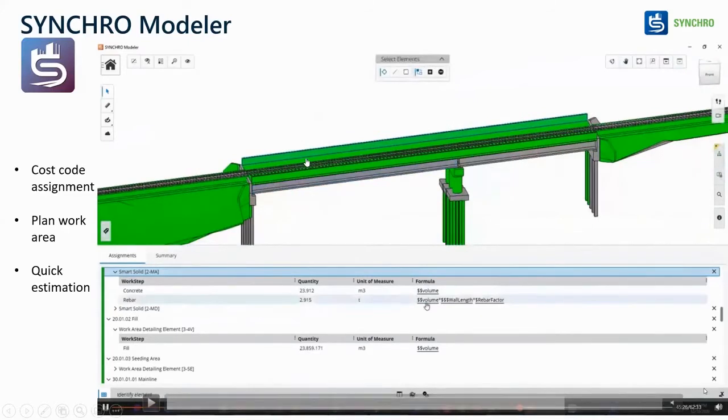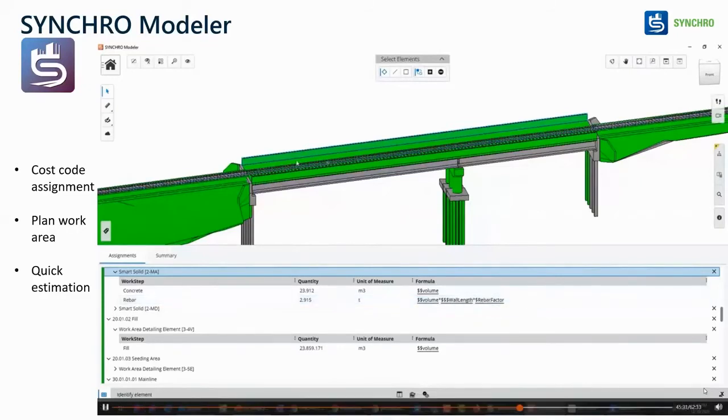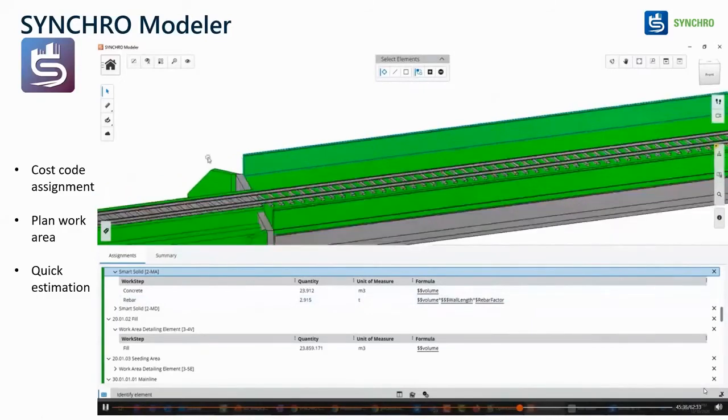Maybe in this wall there is no rebar at the initial level because you are doing a high level calculation. So you could give a formula: volume, wall length, and give a rebar factor. Maybe from a thumb rule, 0.2 will be the multiplication for the wall rebar and rebar weight. So that calculation you could do and import over here. So you know exactly what, from your old project standards also you can implement.